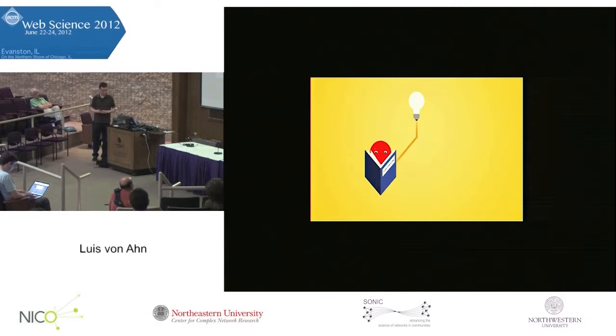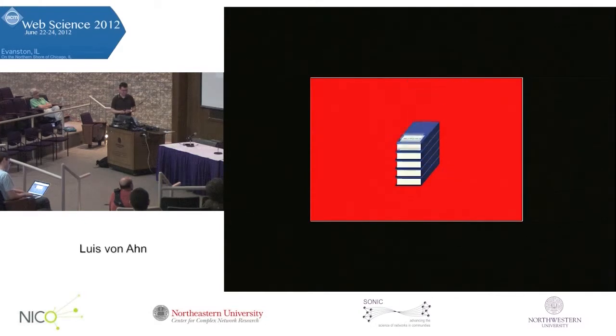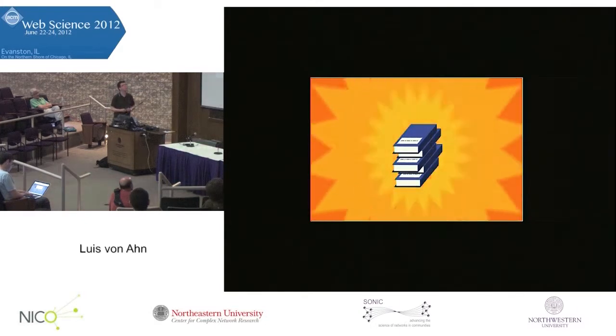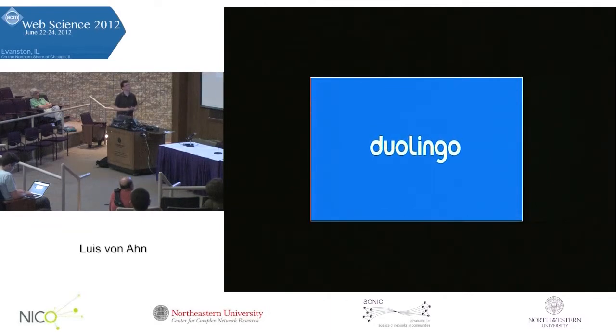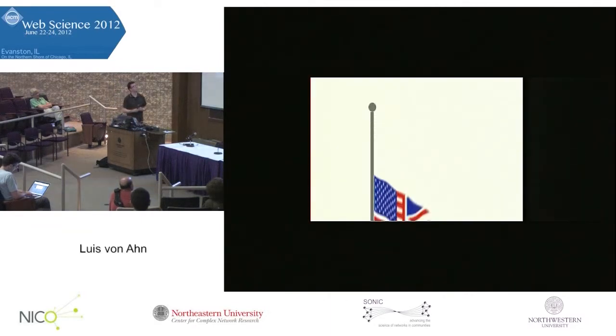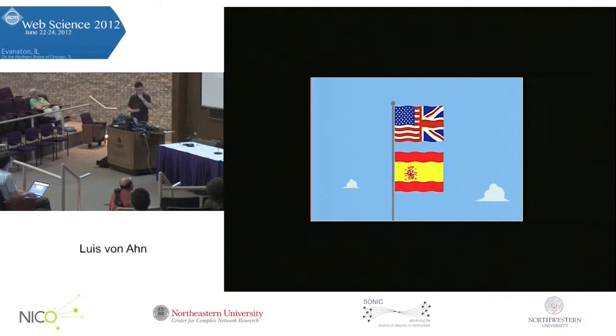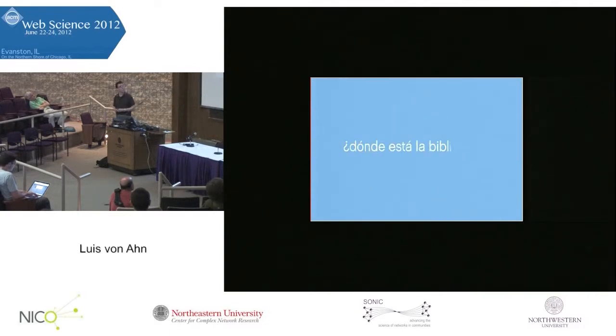We've developed an elegant solution to both problems, a way for you to learn a language for free, while at the same time helping to translate text from the web, enabling a wealth of language-shackled information to be liberated for all of humanity. It's called Duolingo. Here's how it works. Let's say you're a native English speaker who wants to learn Spanish. We start by giving you a sentence from a Spanish website and asking you to translate it.